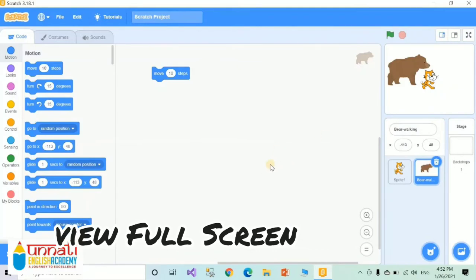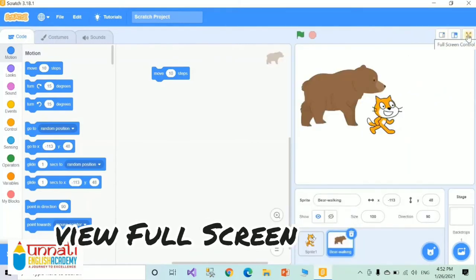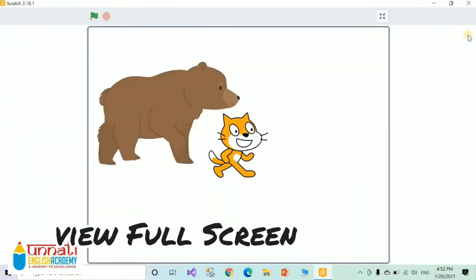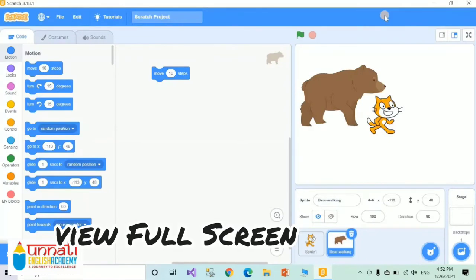The script section will be enlarged and the stage section is collapsed. Now see the full screen. View full screen mode or presentation mode button is located at the top left corner of the stage. By clicking on this button, you can view the presentation of your project in full screen mode.